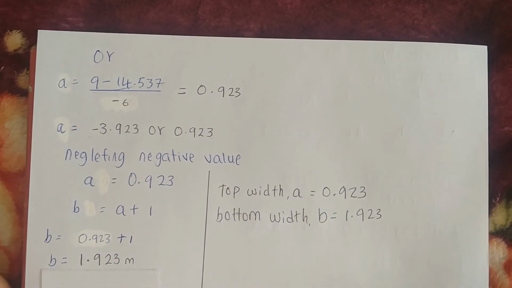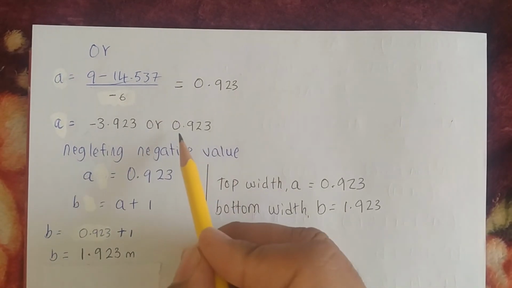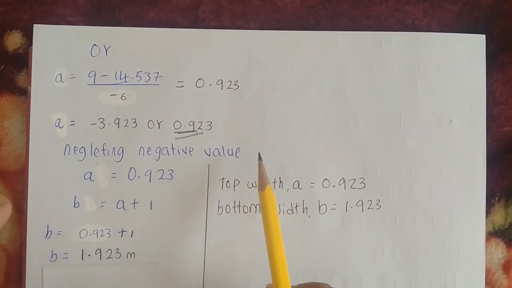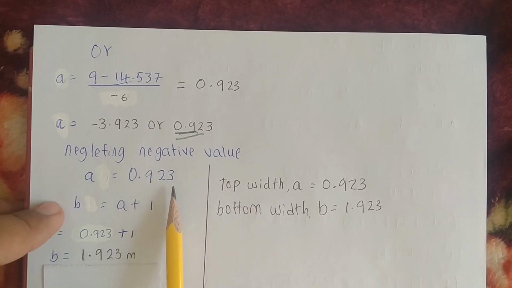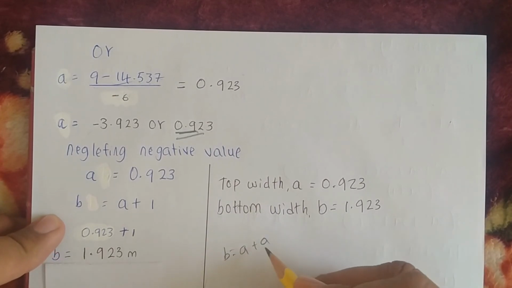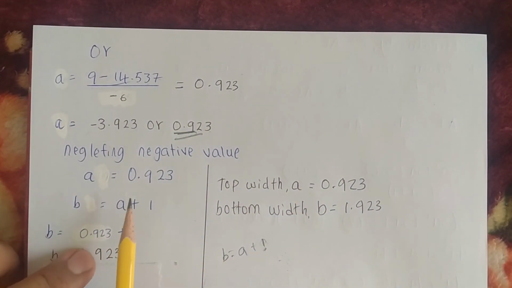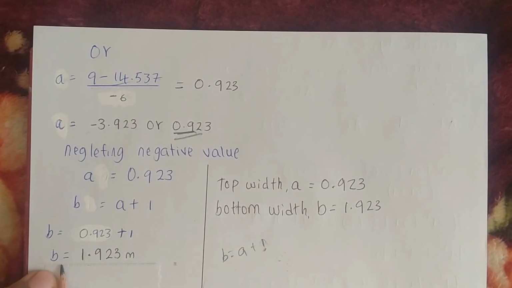So in the previous tutorial, I told you that we don't take the values with the negative sign. So we shall take our value of a to be 0.923. So neglecting our negative value, our a is equal to 0.923. And then we know that our b is equal to a plus 1. So we know the value of a. So when we replace the value of a, our b will be equal to 0.923 plus 1. And then when you add this, you'll get our b is equal to